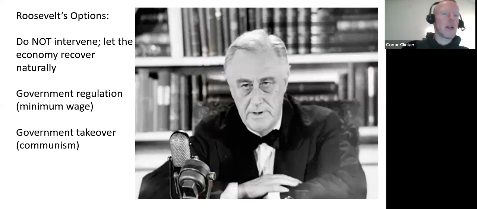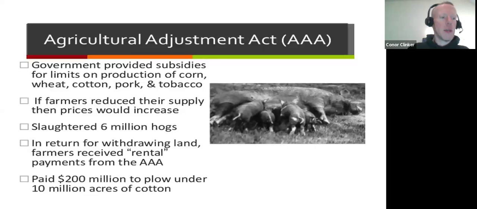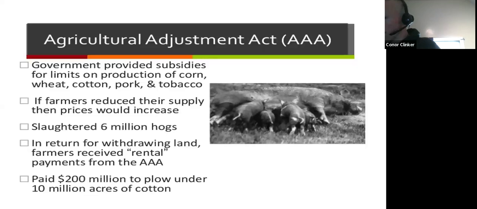One example of government regulation is minimum wage, for example. Government intervening in the economy by saying, hey, we're not going to take over your business. That would be communism. But we are going to regulate your business. We are going to tell you, for example, you have to pay every employee at least this much money. Here's an example of some of the regulations that were done. Agriculture was in trouble. Farming, ranching.